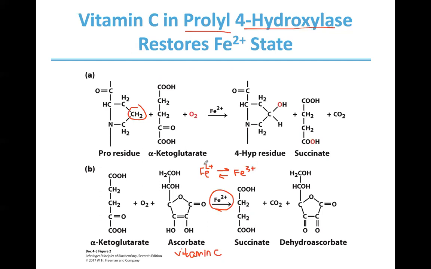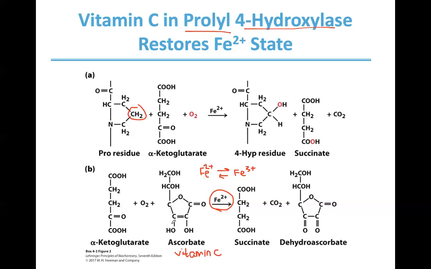So the second cycle of this enzyme will, if the iron 2+ undergoes oxidation to iron 3+, we need to bring it back to iron 2+, and that's what the ascorbic acid